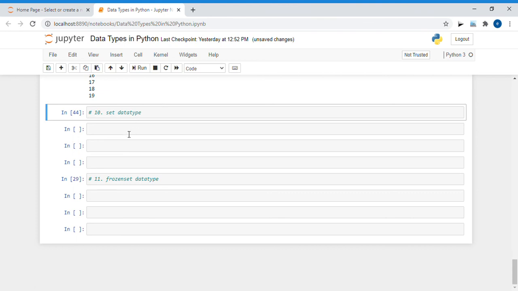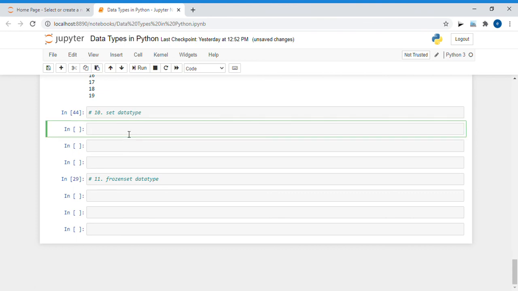Now we discuss the set data type. So what is set data type? Set data type is an unordered mutable collection of elements where insertion order is not preserved and duplicates are not allowed. It is also heterogeneous, so we can store any value, and it is denoted by curly braces.